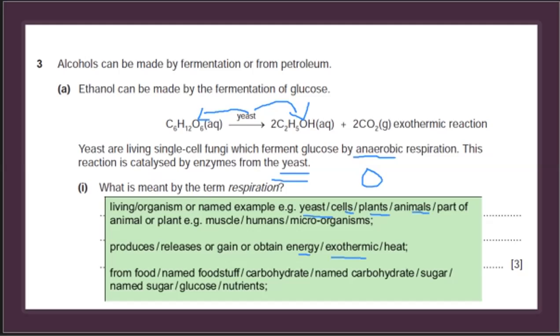They produce or release or gain or obtain energy, and this is exothermic energy, energy that can be given off. And they obtain that energy from food, the food you eat, carbohydrates, sugars, and so on. And they use that energy to survive, right? In the process, respiration takes